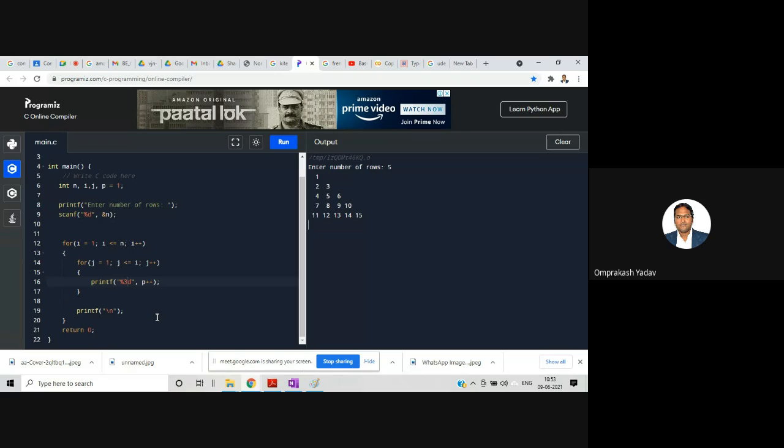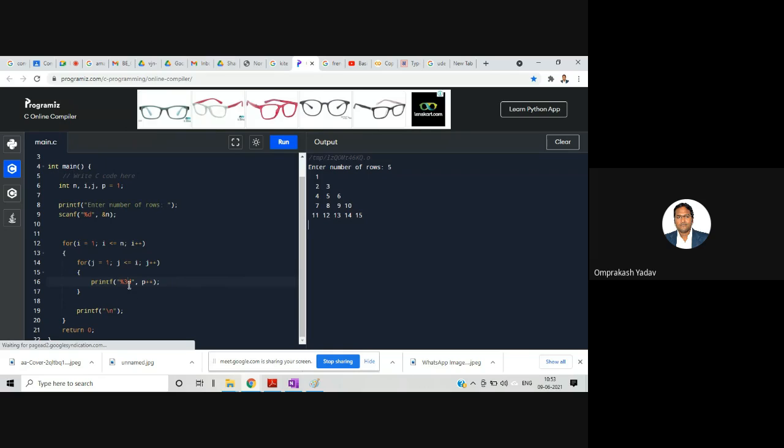So I did nothing, I just wrote %3d, and then I got it this way. Otherwise, earlier, since the last row was double digit, I was getting the problem. For example, it's coming like this. So if you just make it 2, let's check it.